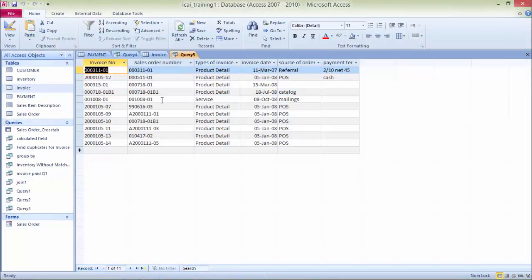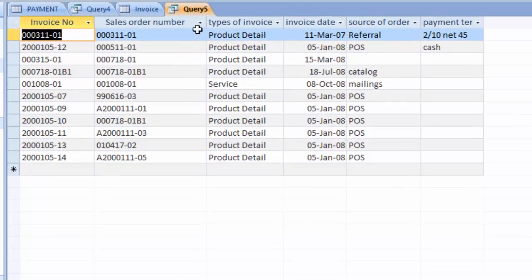Now this result provides the data in the payment table between the dates in the first quarter, and the output is